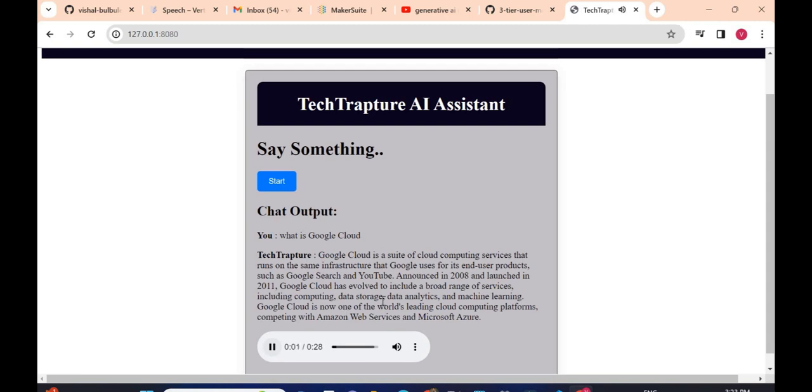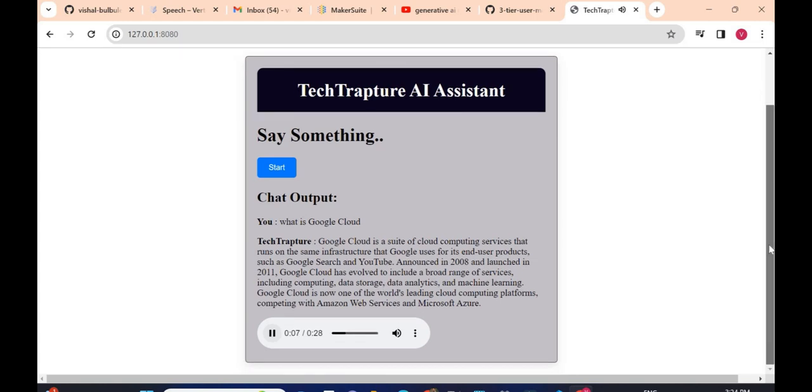Google Cloud is a suite of cloud computing services that runs on the same infrastructure that Google uses for its end-user products, such as Google Search and YouTube. Announced in 2008 and